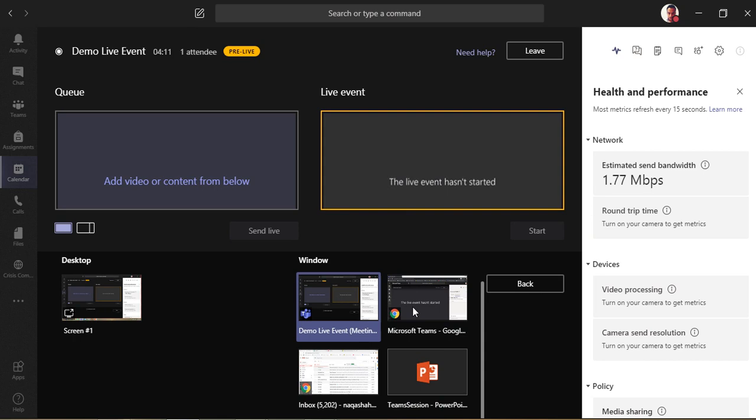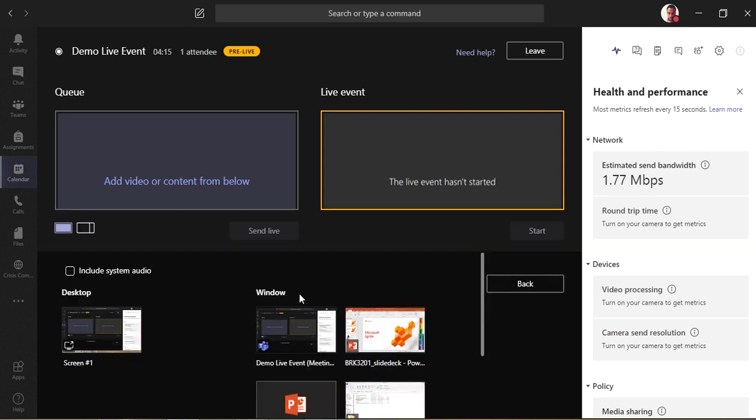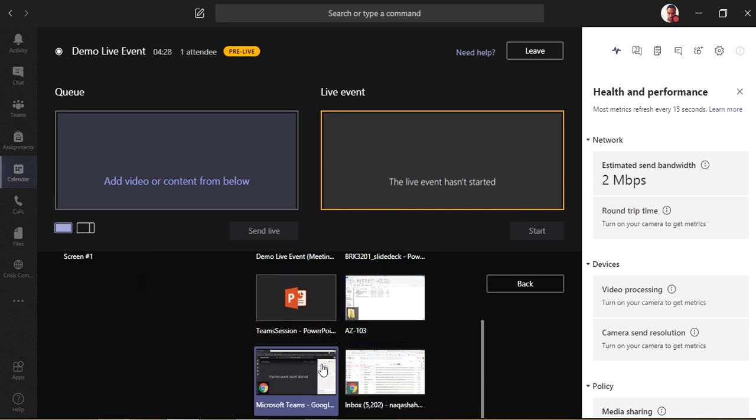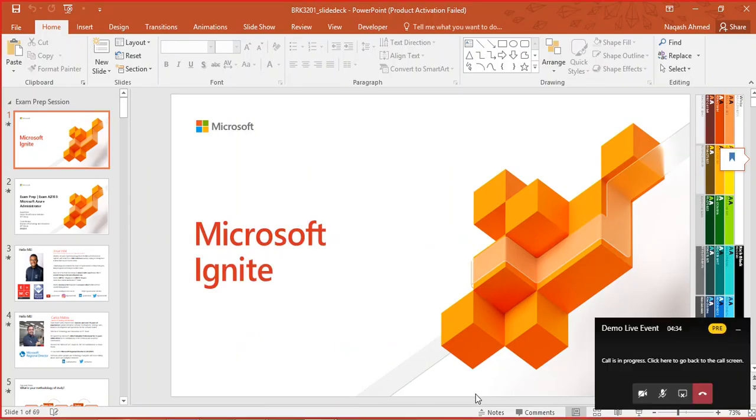Now I have a presentation open, and if I click here, you can see I have two options: either I can share my whole desktop or I can share any window. How many windows do I have open? The demo live event, the presentation, file explorer, and this browser. So let me open this. Now this screen is going to be shared.